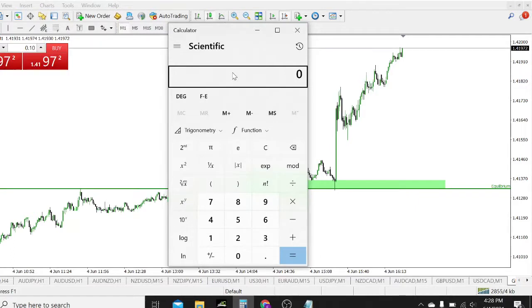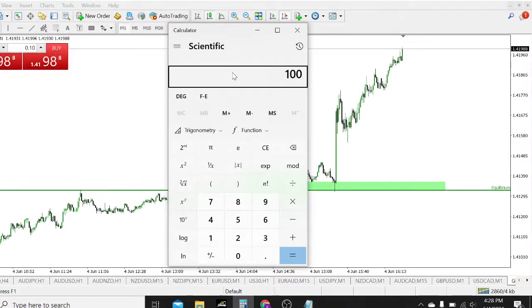Can you imagine? 100,000. So in case for the first trade, I start with 10k, and from this 10k I make around 50k. Imagine, you can do that. It's possible. Then you withdraw your 10k. Then from this 50k, I use a lot size of 5. Then I go for 50 pips.